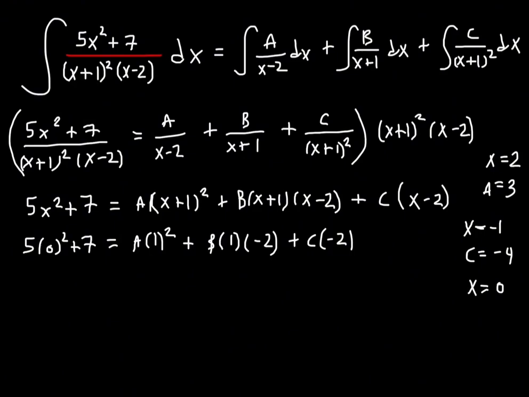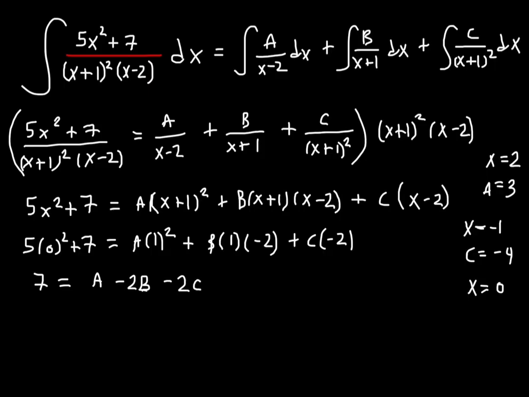So here 5 times 0 is just 0 plus 7, so you have 7 equals a plus, 1 times negative 2 is just negative 2, so we have negative 2b,